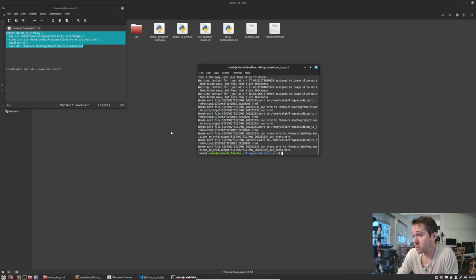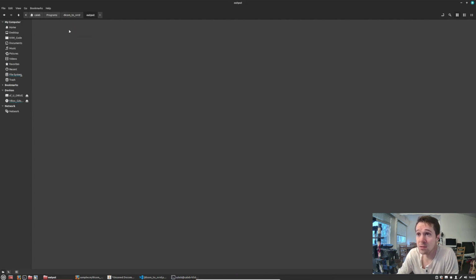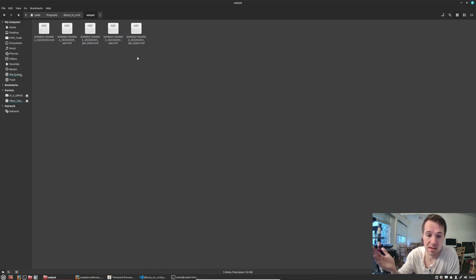Okay, so this worked. So you'll see in my output now, I've got my images as an NRRD file, and I've got my contours separately as their own NRRD files, which then I could call the pyradiomics extractor function on to get the radiomic features. It'll work. Okay, so another thing is if you just want to avoid the command line and incorporate this into